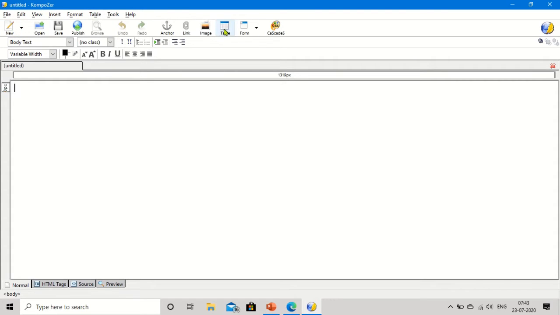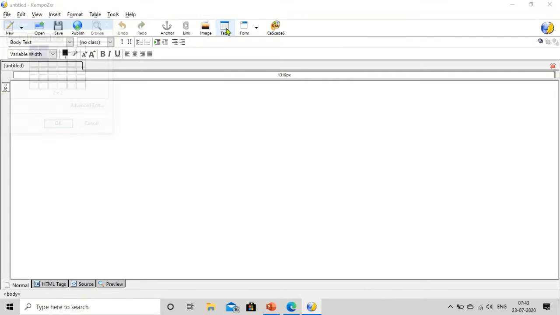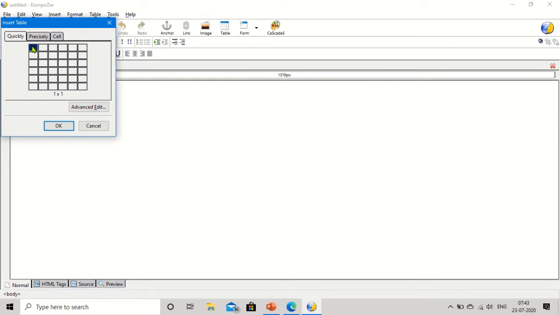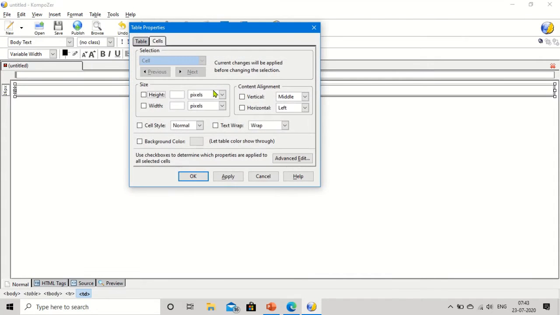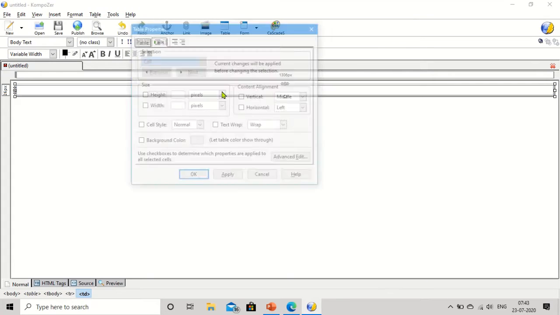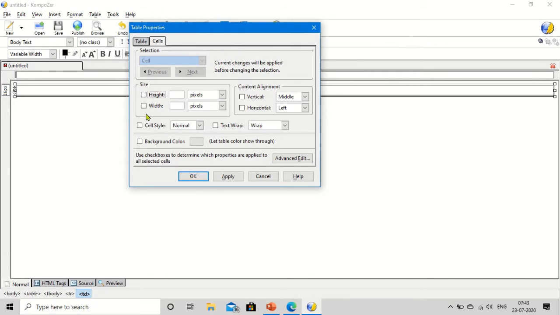How to insert a table? We have various options. Option number 1, we can directly click here and select the number of cells. Here I need one cell, and one cell will hold all the content of the first web page, meaning the home page, right? So I am taking one cell. Click on the one cell, then double click on this cell. I repeat, double click on this cell to see its properties.